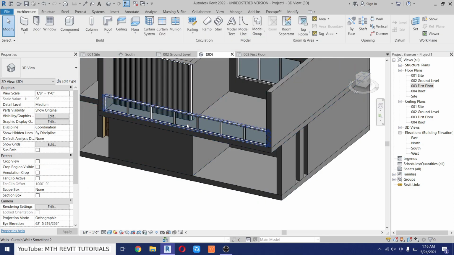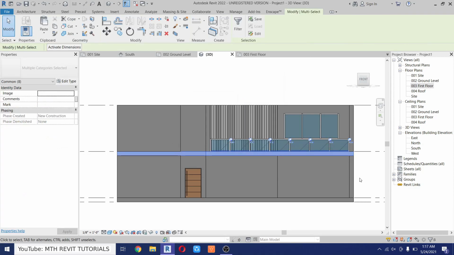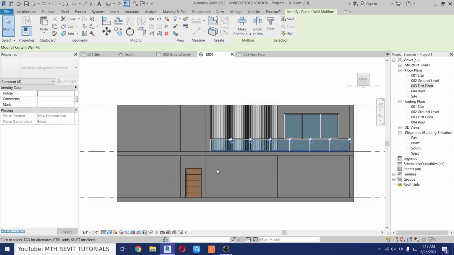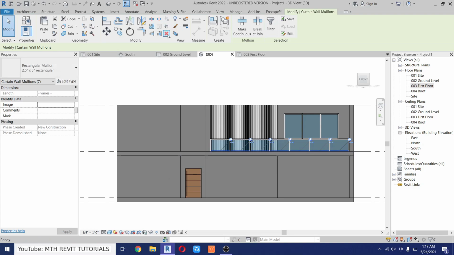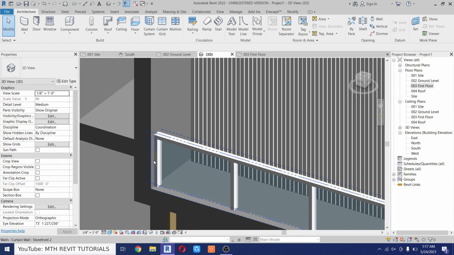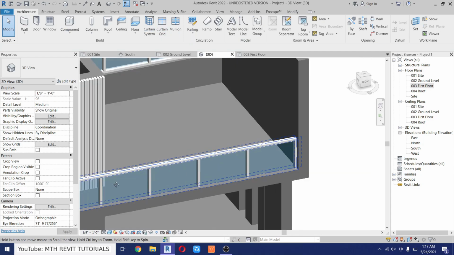Okay, there is another way to remove these mullions, so just go to the front view, just make a selection here and then filter, just uncheck the floor. Now only the curtain wall mullions is selected, so we can click OK and unpin and delete. Perfect. So we got our glass railing here. We want to remove this corner one as well, so unpin, delete. Let's repeat that here as well,